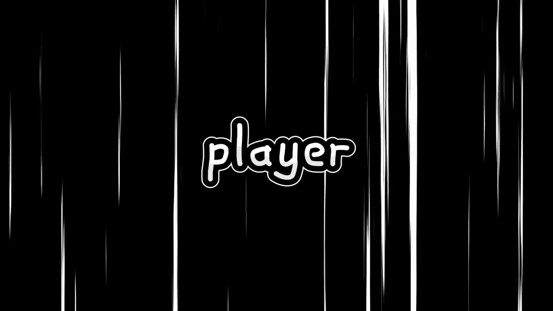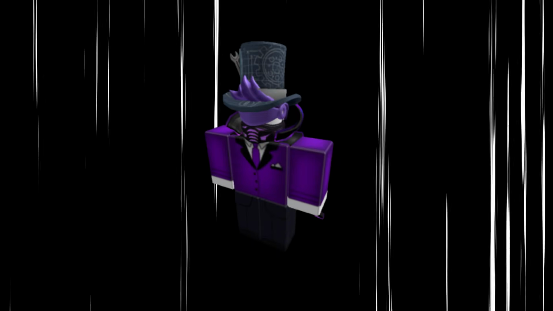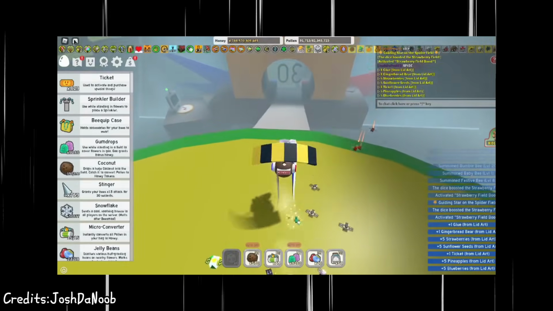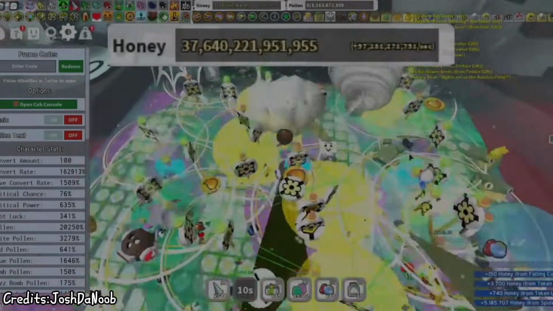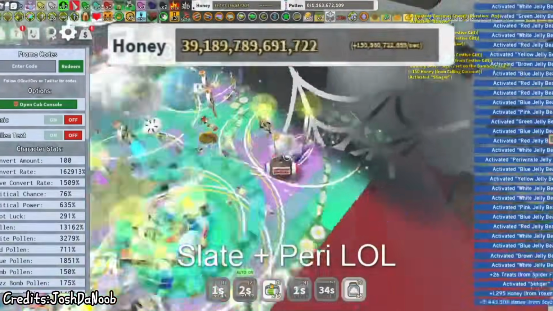However, that year, a player by the name of JoshDaNoob was able to accomplish an insane feat through a boost that he had prepared for months. This boost relied on his own guiding star from Honest Lid Art to line up with the spider field, and these were the results. With the Guiding Star, Inspire, paired with the Slate and Periwinkle jelly beans, this boost became